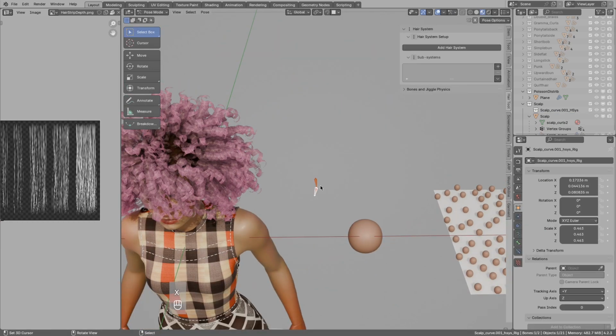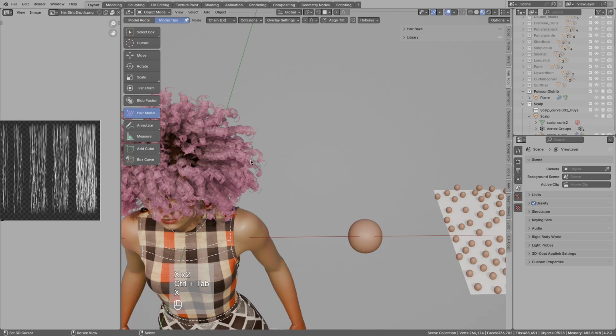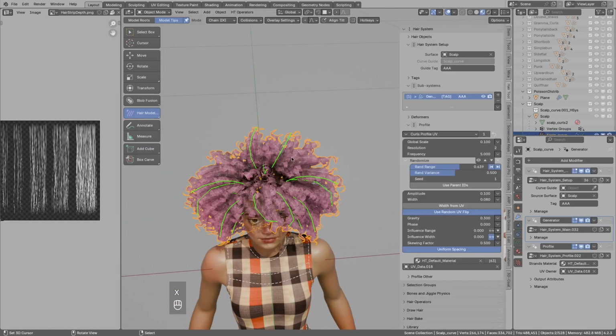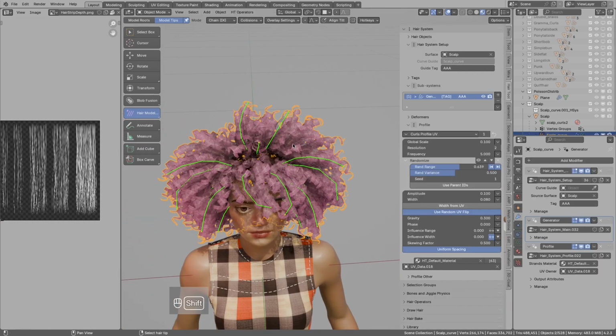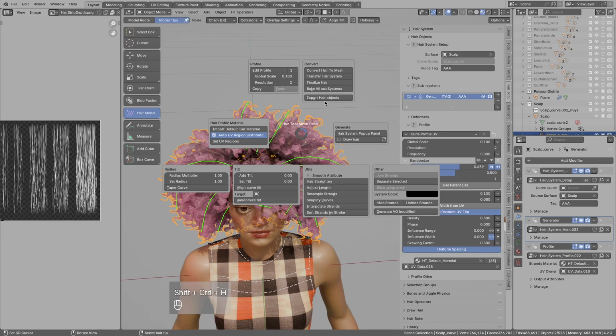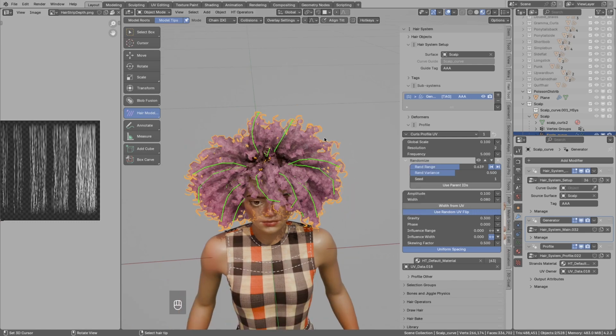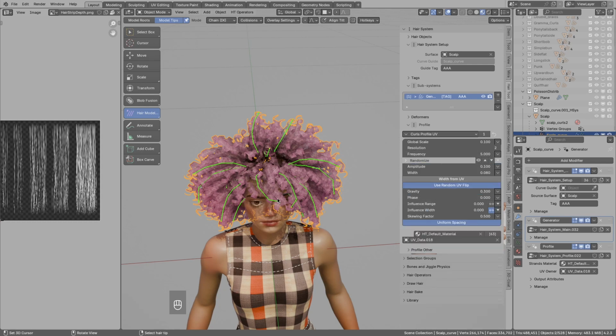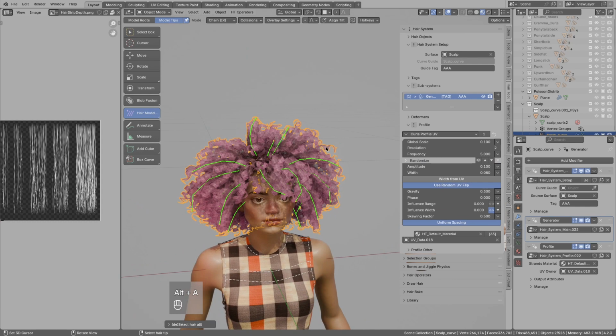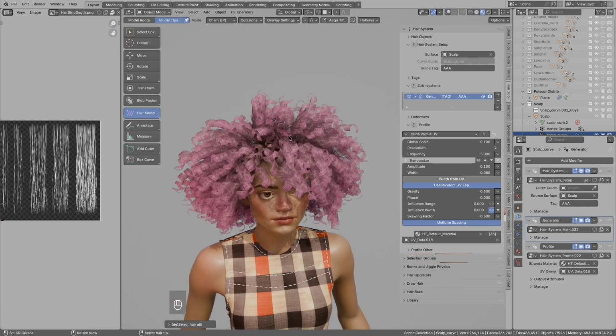So there is also a slightly faster way to export this if you do not want to rig that and want to just export a static mesh. Use Ctrl-Shift-H, export hair objects. This will show you the FBX export option and the curve object will be automatically converted to mesh. So I think that covers the basics on how to create hairstyle with curly hair like that.